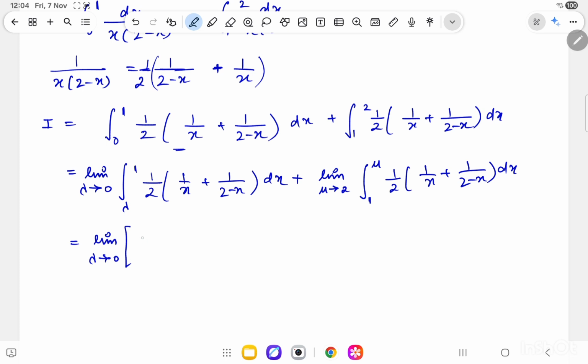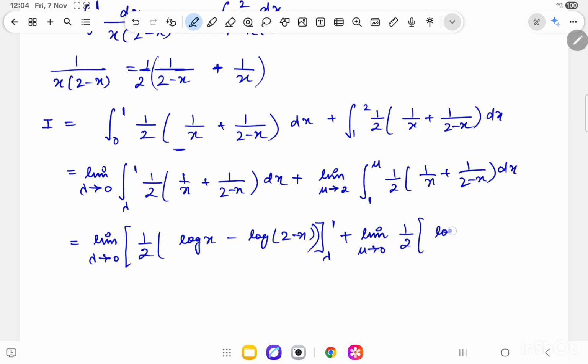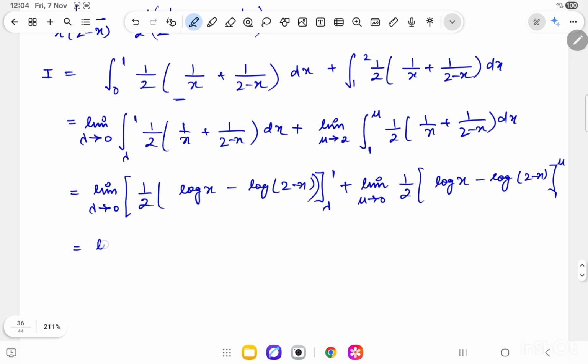So it will be equal to 1 by 2 log x minus log 2 minus x, with the limit varying from lambda to 1, plus the limit as mu approaches 2 of 1 by 2 log x minus log 2 minus x, with the limit from 1 to mu. So it will be equal to the limit as lambda approaches 0, 1 by 2. If I plug in the limit, it will be log 1, that is 0, and minus log 2 minus 1, again 0, minus log